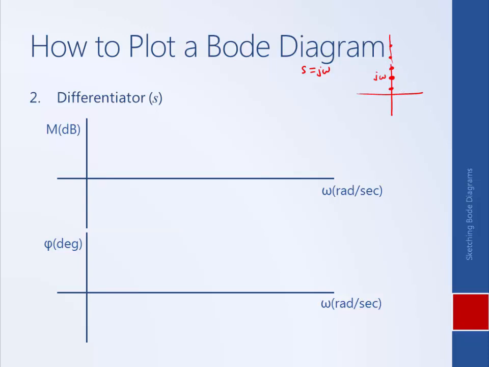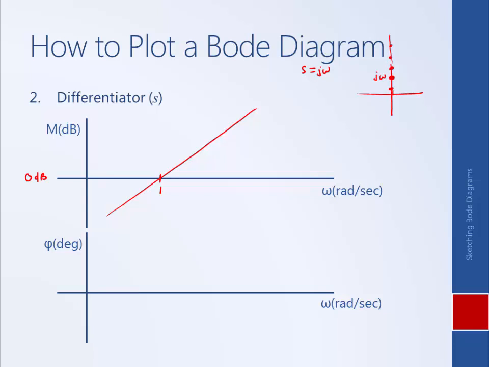And so in that sense, the magnitude, which is the distance from the origin, increases linearly with omega. So you get something that looks like that. When omega is equal to 1, the magnitude is simply 1. When you take that and convert it to decibels, 20 log 1 is 0. So you get a straight line that increases with omega, and it crosses the 0 dB magnitude at 1 radian